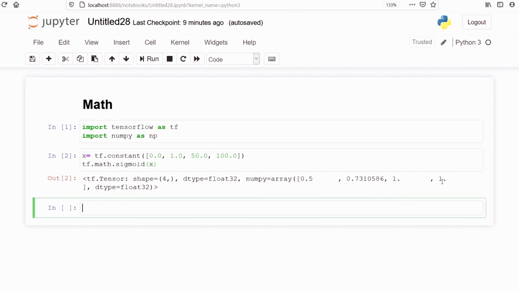If a negative number is large, then its sigmoid will approach 0. Now we are going to put some negative numbers and see how the sigmoid values are doing. These are some of the negative numbers which we are putting in variable x.